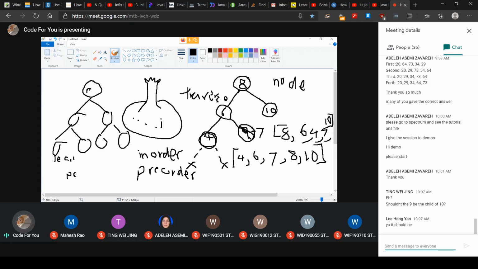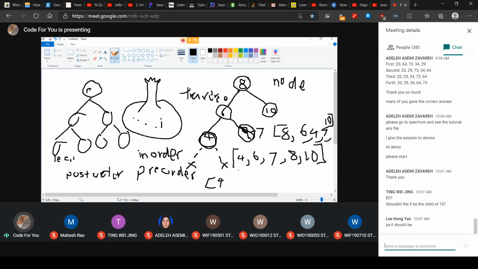Then how about post-order? P-O-S-T, post-order. So post-order is left, right, print. You go to the left side, then you go to the right side, then only you print the current node. So the resultant array that we can get is, 8, you don't print first. This one also you don't print first. And until 4, you'll print it out because left, right, print. Left, right is empty, so it will not do anything. Then here, you will print it out. Then left, right,